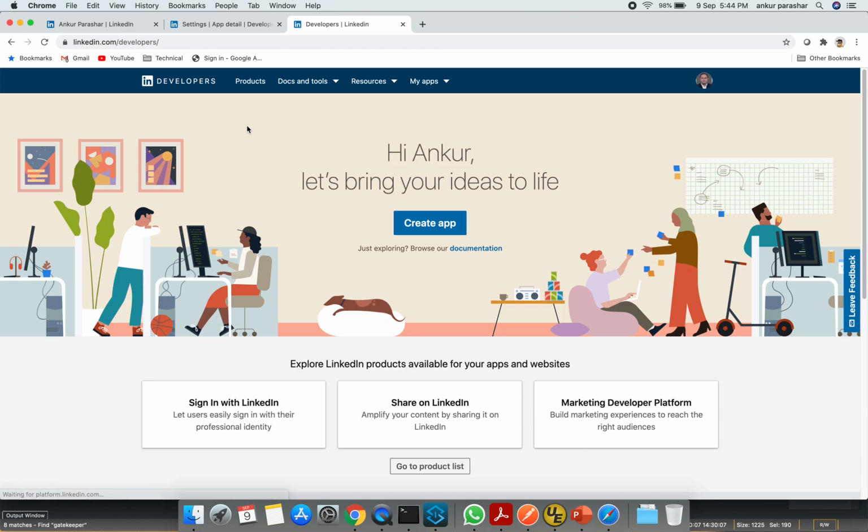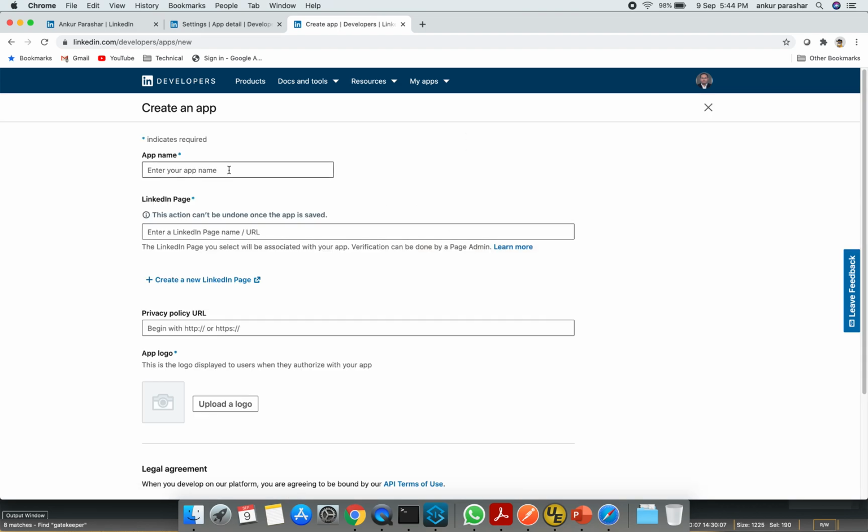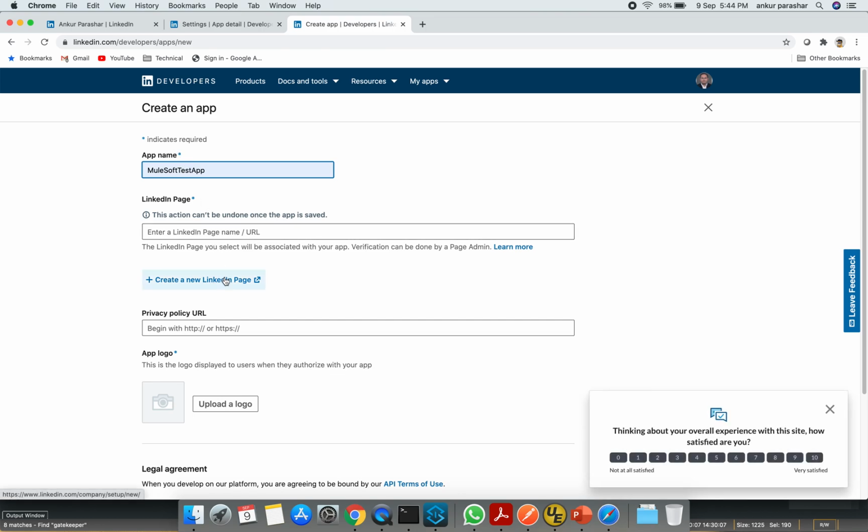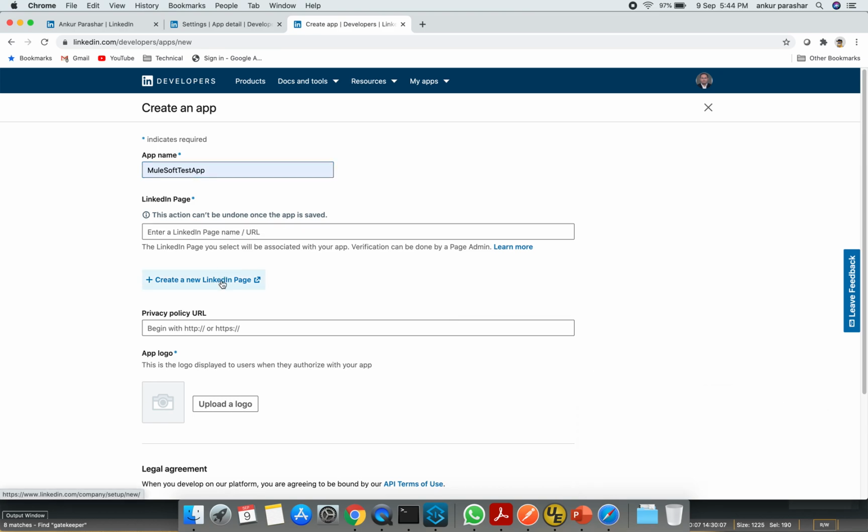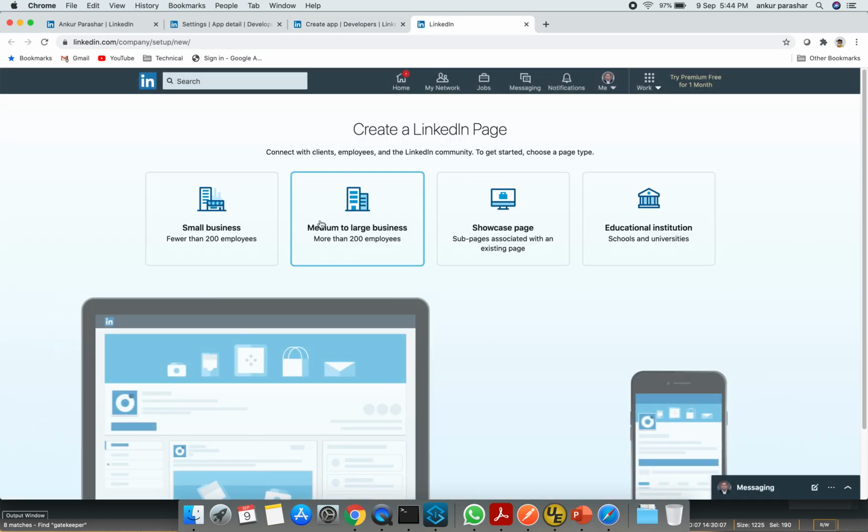Once you are in this developer portal, you have to click on Create App, and after that you can start filling in all these details. Since this is the application name and I don't have any active page for that, I will create a new LinkedIn page.